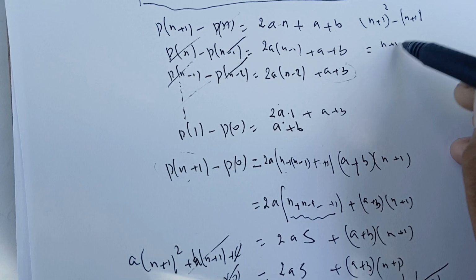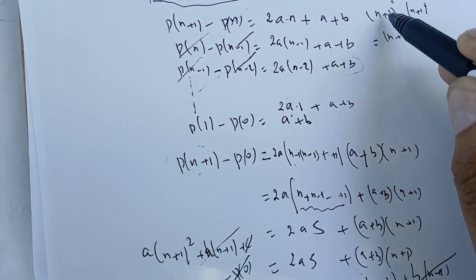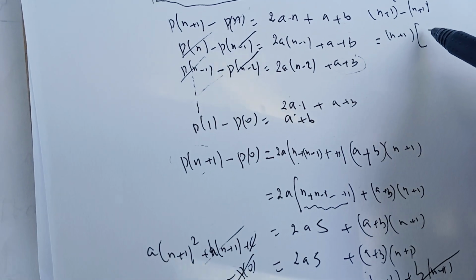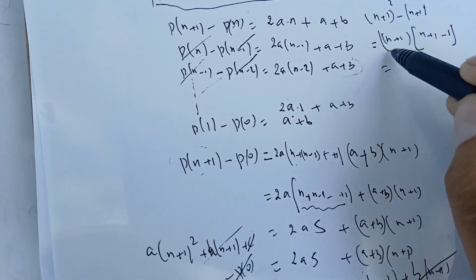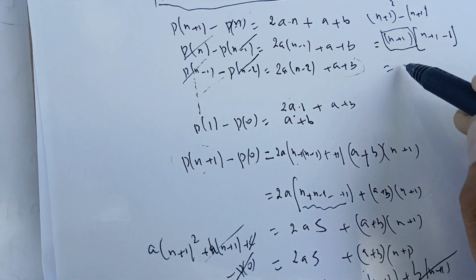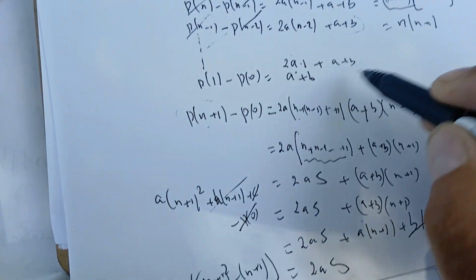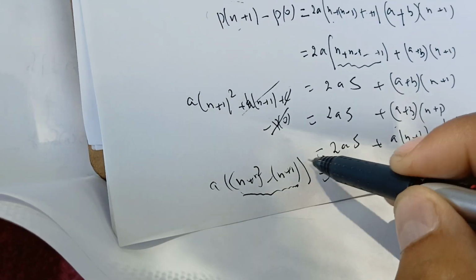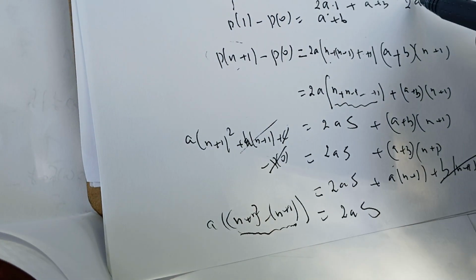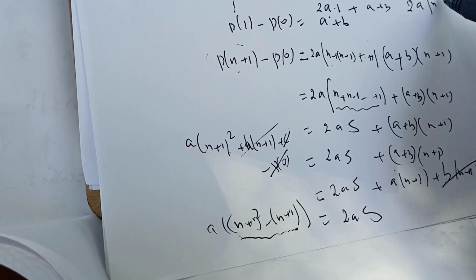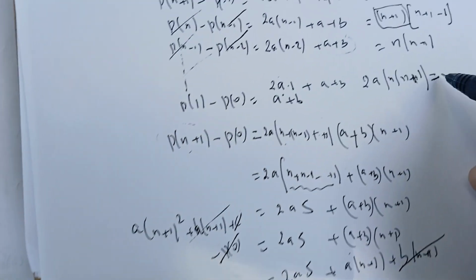So it's going to be n plus 1 times n plus 1 minus 1. Okay, you see, if we factor by n plus 1, we'll get n plus 1 minus 1, which is n times n plus 1. So we have, in this side, if we keep writing this one in this side, so we're going to get 2a times n plus 1 equals